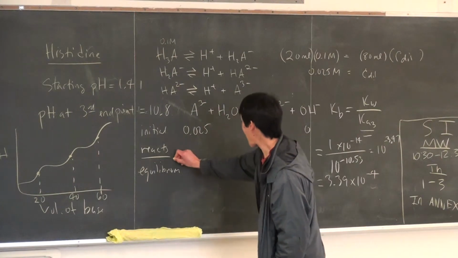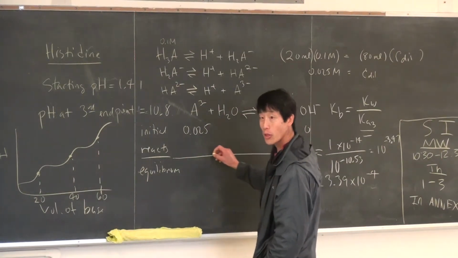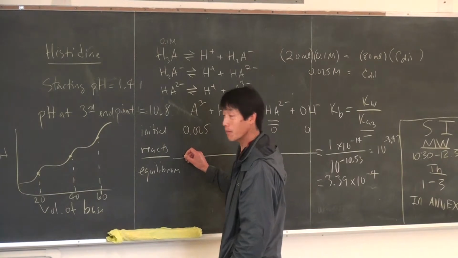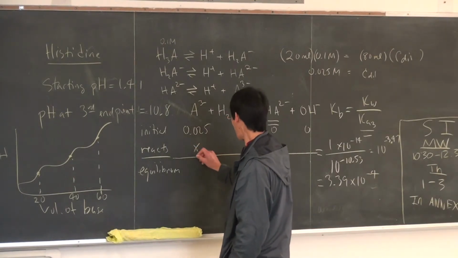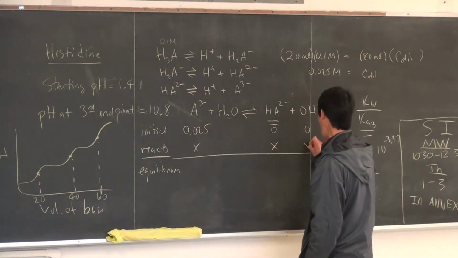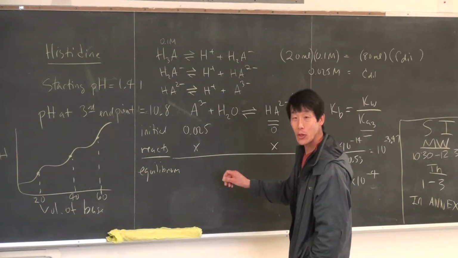And then for the amount that reacts, you guys getting tired of using X? Really? They say variety is the spice of life, so if you want to use a different variable,